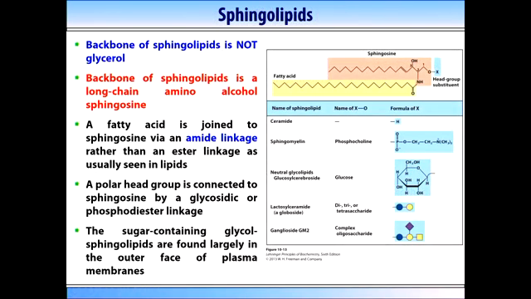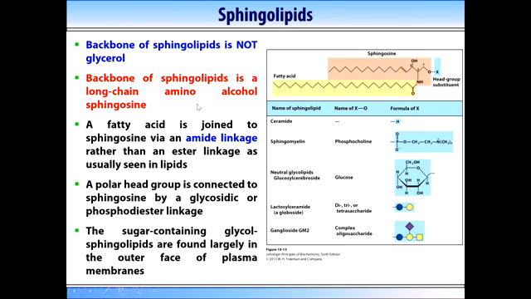Okay, so the next group of structural membrane lipids are sphingolipids. The backbone of sphingolipids is not a glycerol. Instead, it's the long chain amino alcohol called sphingosine, shown here at the top. Conceptually, this backbone is slightly different from the regular glycerophospholipids, but the X groups are pretty much similar. So similar head groups can be attached at the top of such a lipid.